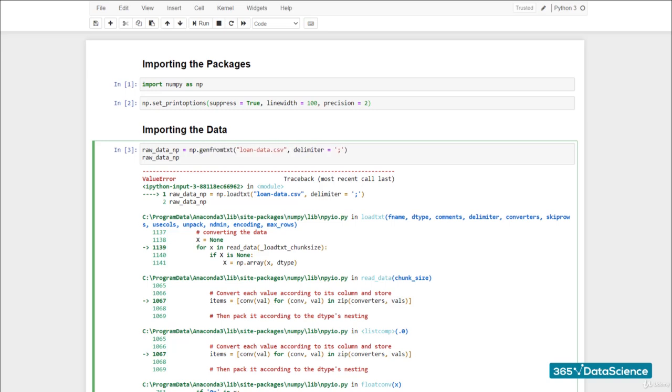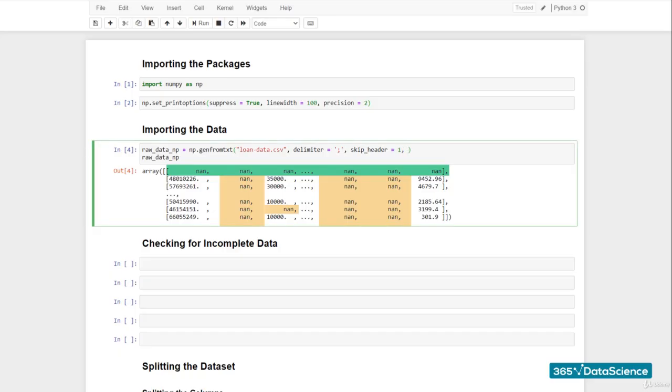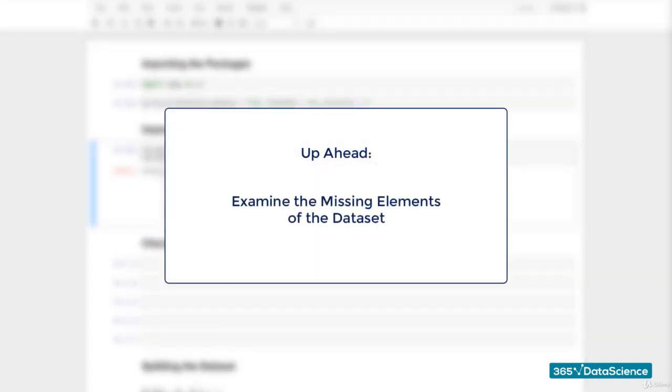Let's try it out. This time, the cell runs without returning an error. We see an array riddled with NaN values, which could be either text or missing elements. In fact, the entire first row is non-numeric. So we can use skip_header to omit it. Good practice dictates that we also set autostrip to true because it removes excess white spaces, which can distort our columns. Okay. In the next lesson, we'll examine the missing elements of the dataset in more detail. Until then,